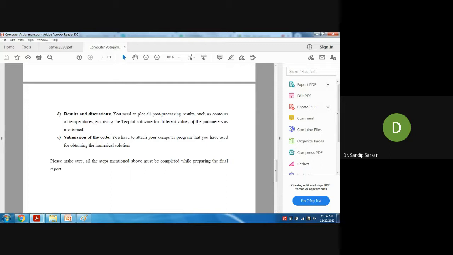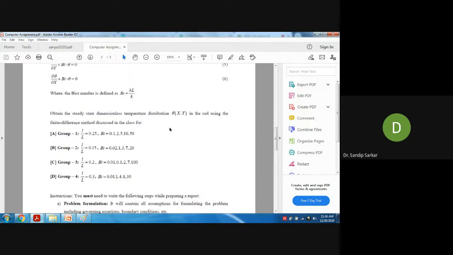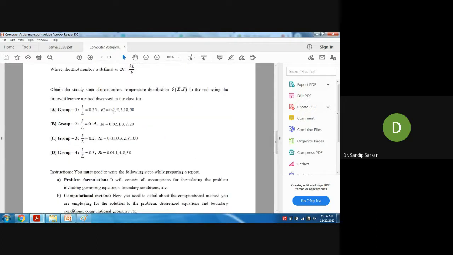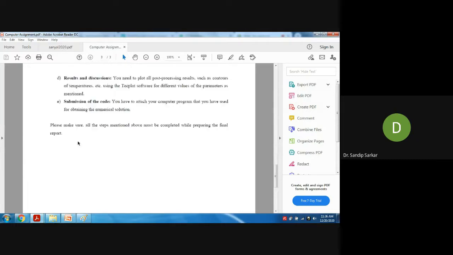You have to mention all those figures and incorporate all that information in the results and discussion chapter. Each figure will contain figure details. For example, Figure 1 is for Biot number equal to 0.1, and you write: contours of temperature distribution inside the nuclear fuel rod for Biot number 0.1. This is the figure title. Each figure number will contain a figure title.